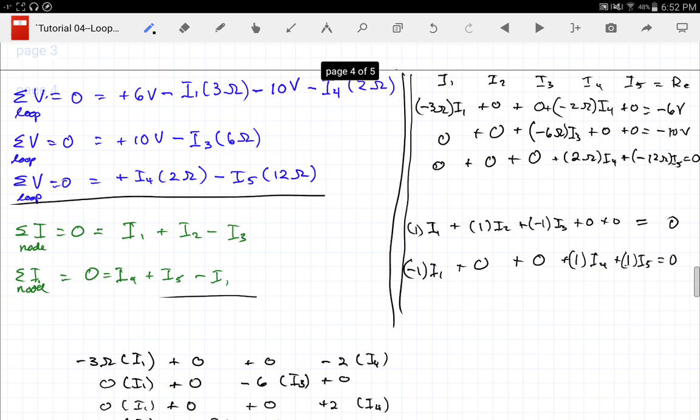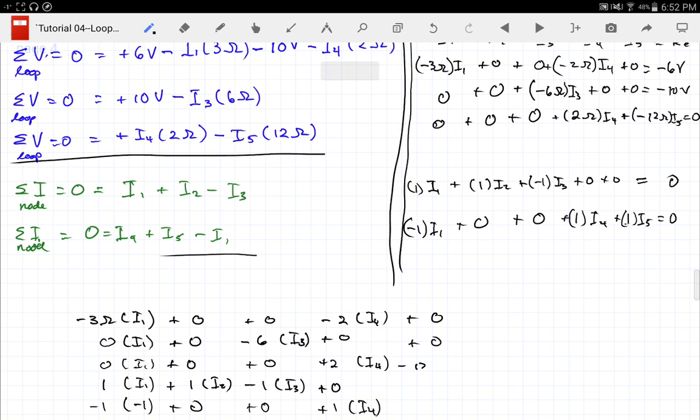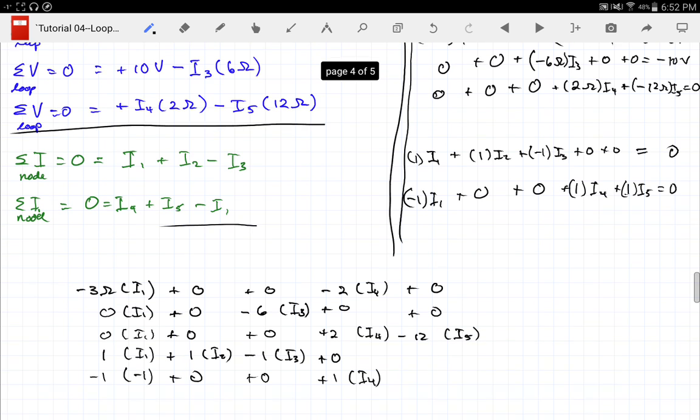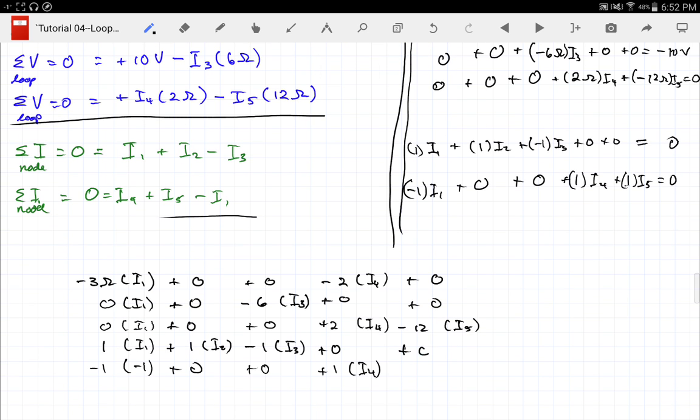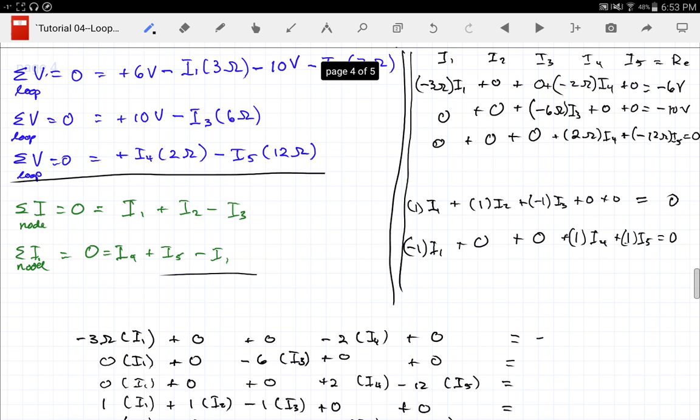And next to last for the 5s, it's plus 0 plus 0 minus 12 I5 plus 0 plus 1 I5. And then each one has equal. And then my answers were minus 6, minus 10,